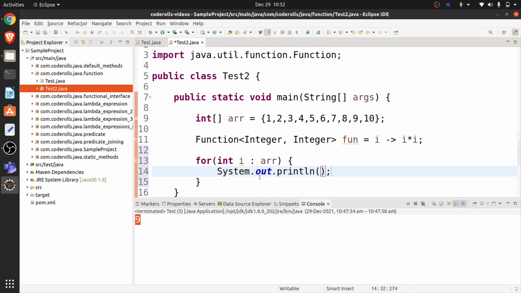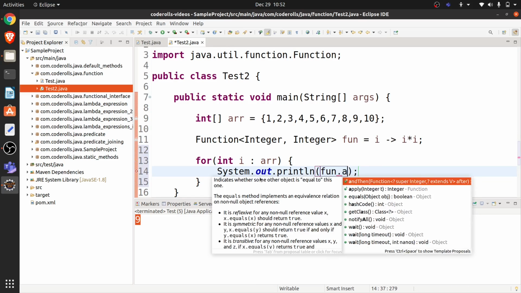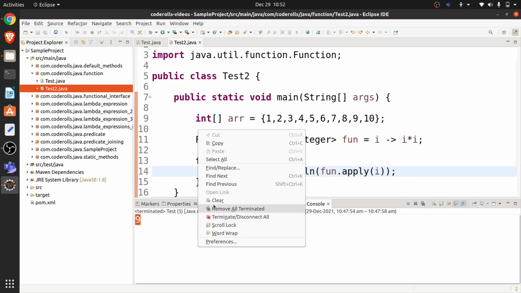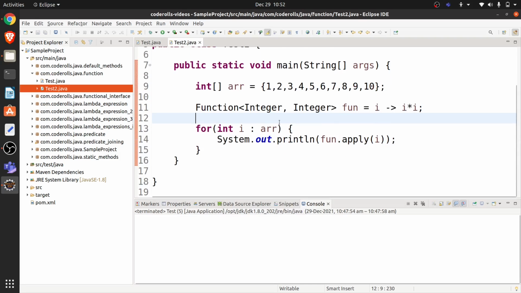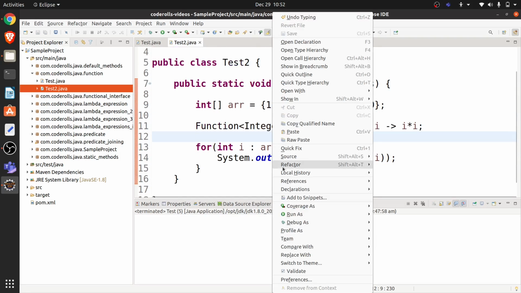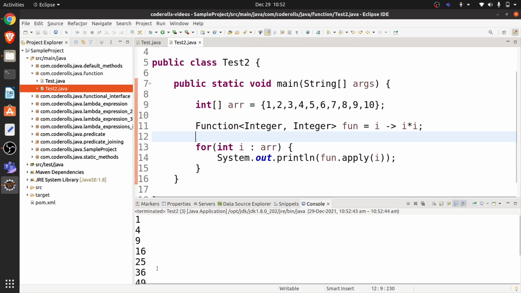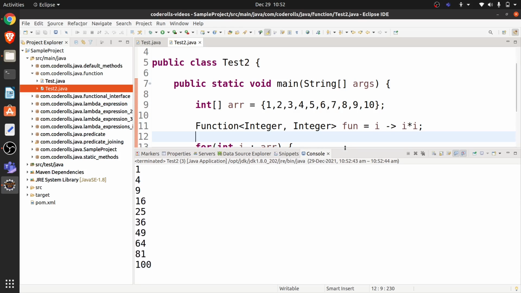Here we will be invoking the apply method, dot apply, and here we will pass the i, which is the element of the array, and we will save it. Okay, let me clear the console and we will run it.